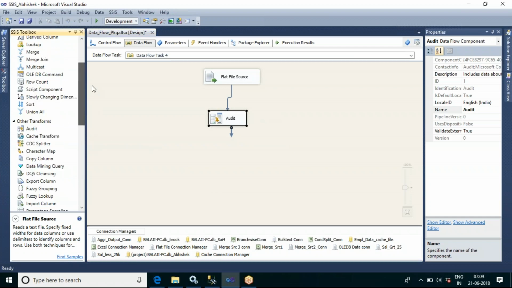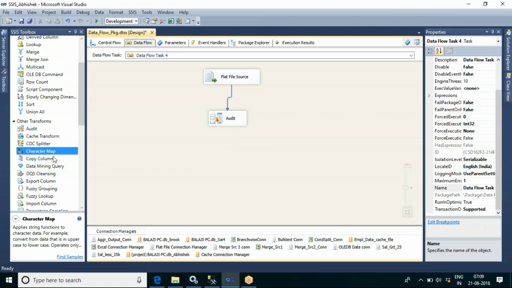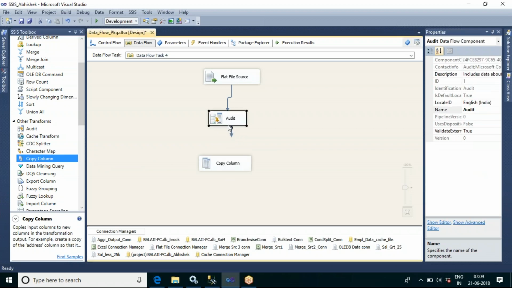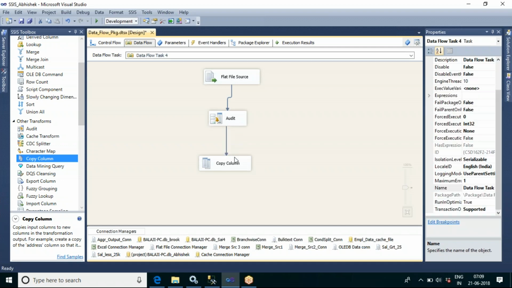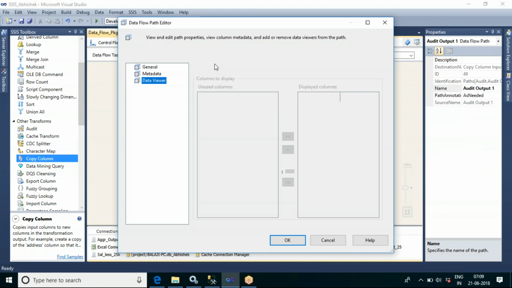So let me take any other transformation, some character map, or conditional split also you can take. I just want to see the output of the audit transformation.